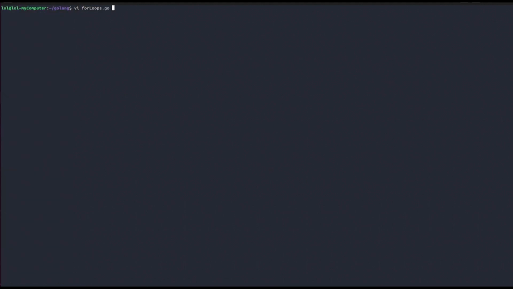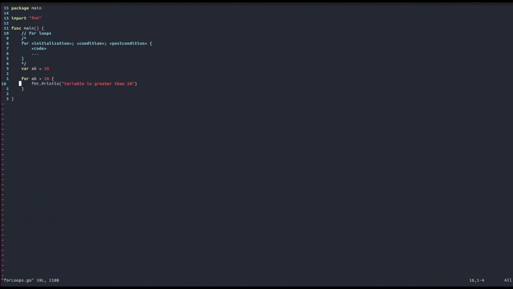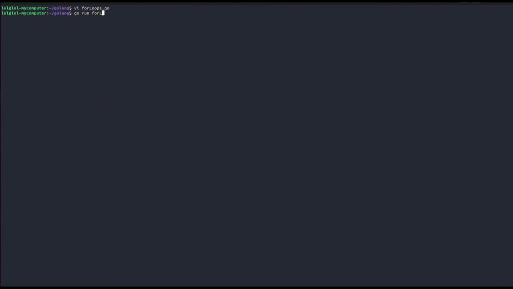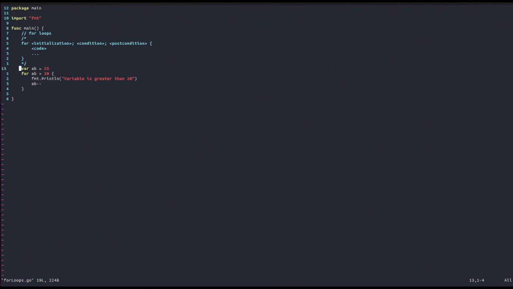So in order to make this loop not infinite, we might try, for example, to decrement the value at each iteration like this. And also notice that in Golang, just like in many other languages, you use plus plus to increment the value and minus minus to decrement it. So in this case, we're decrementing it. And so let's try again and run it. As you can see, we get only 5 messages printed out to the console,